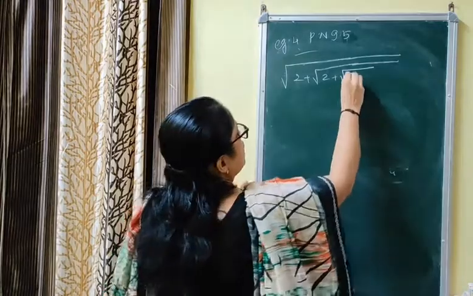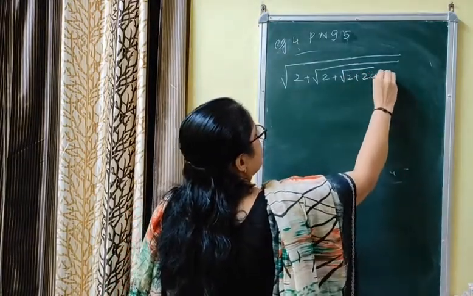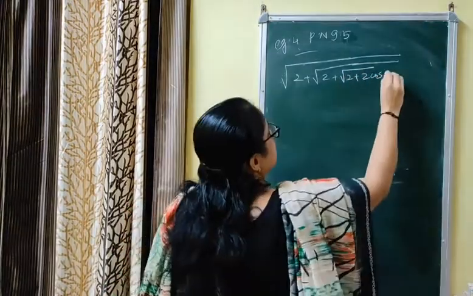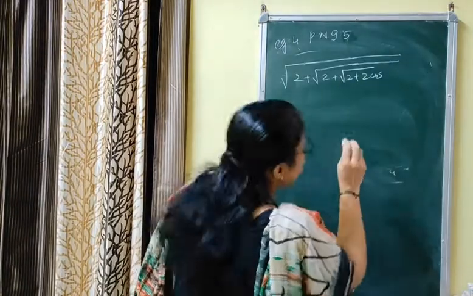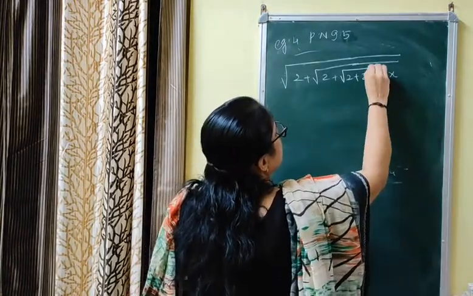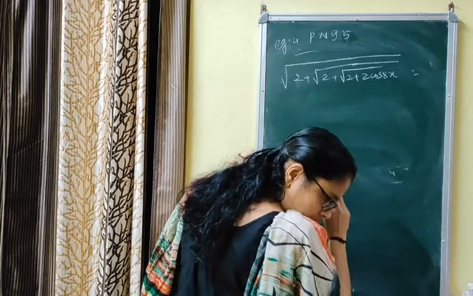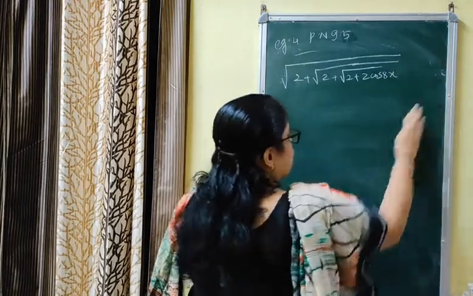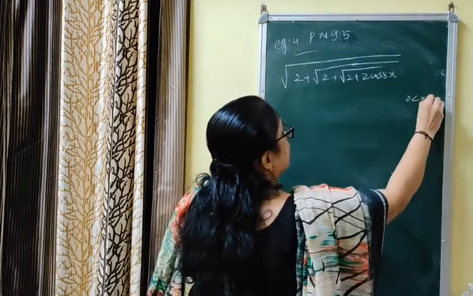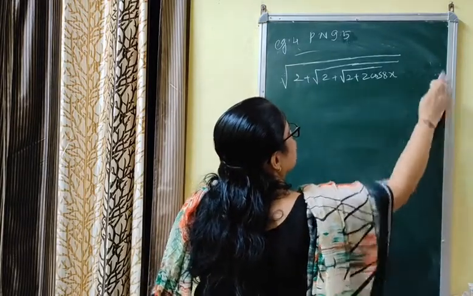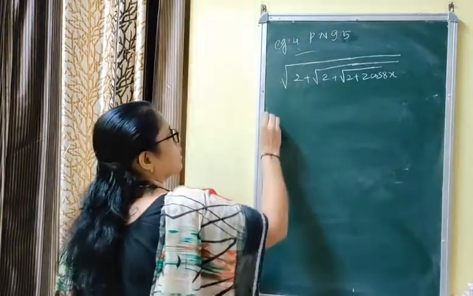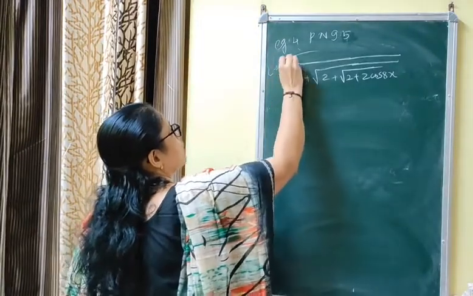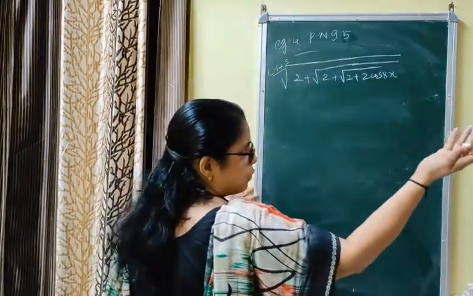देखने में बड़ा क्वेश्चन लगता है, लेकिन this question is very simple. You have to prove that the square root of 2 plus the square root of 2 plus the square root of 2 plus 2 cos 8x is equal to 2 cos x. And 0 less than x less than pi by 8 is given. That is not necessary to be seen because that will not affect the question. This is LHS. Now in this type of question we will start opening